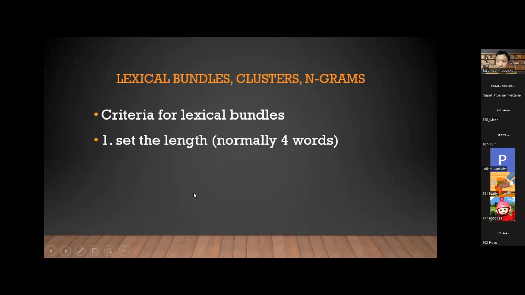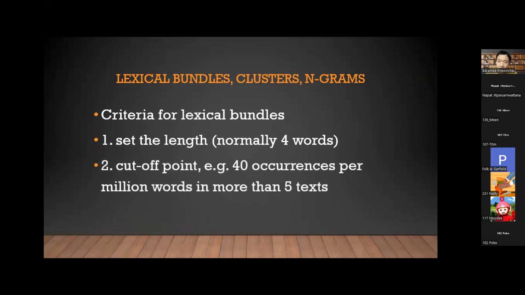First, you need to set the length of the lexical bundle. It can be 3, 4, 5, 6 words. You also need to specify how many times it should occur in a corpus. The common criterion is that it should occur at least